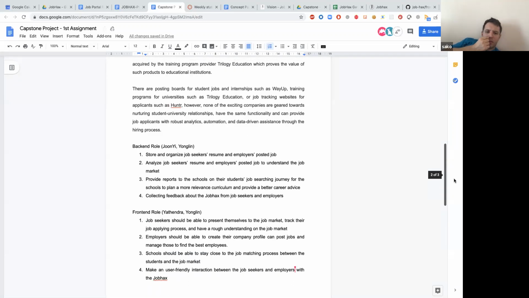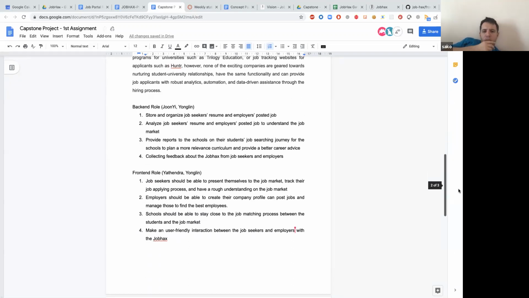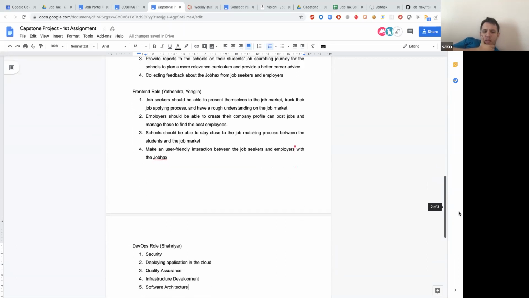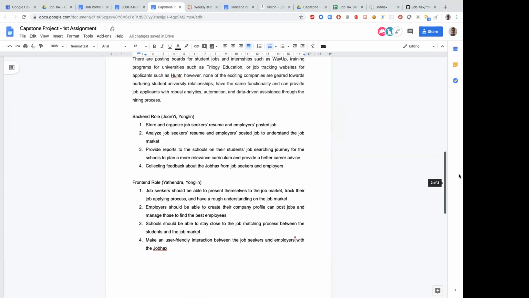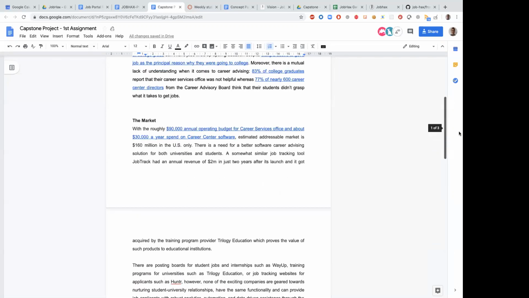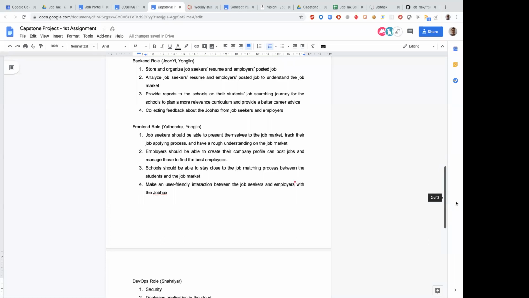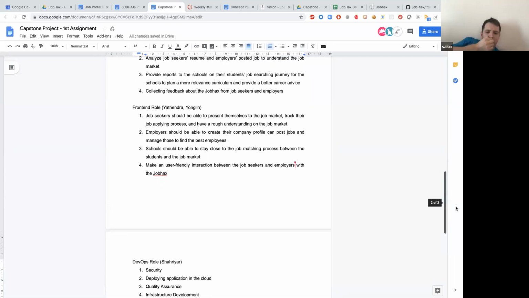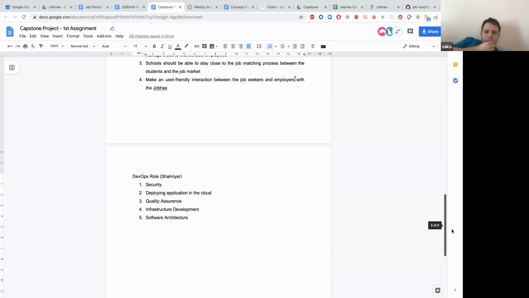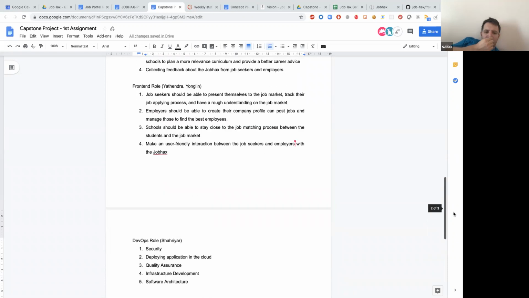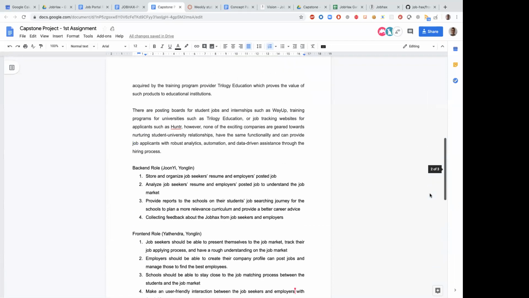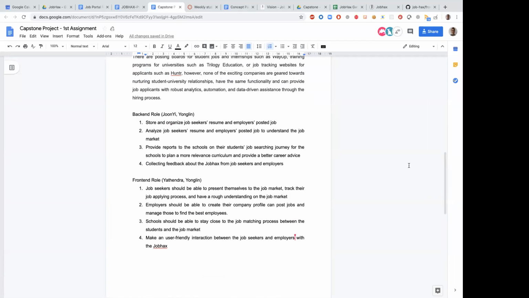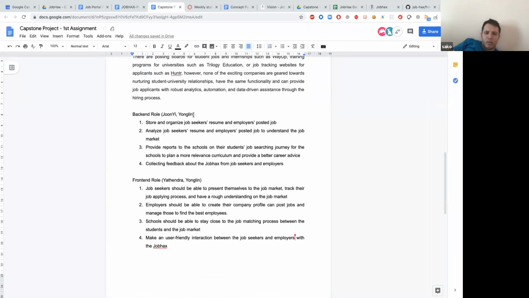We have... I think we need to, because we need to define. Do we need to? I think those are anyway in the Gantt chart. Okay. I guess we can probably give a draft in the next assignment. Yeah.